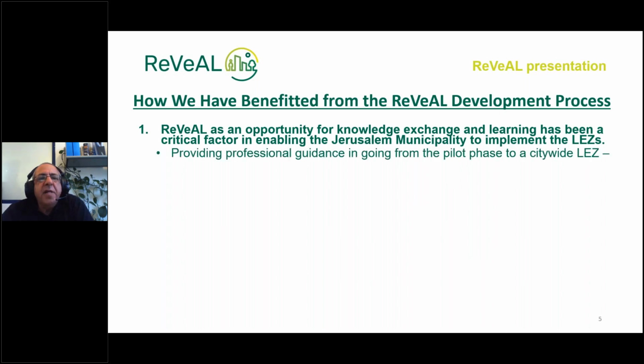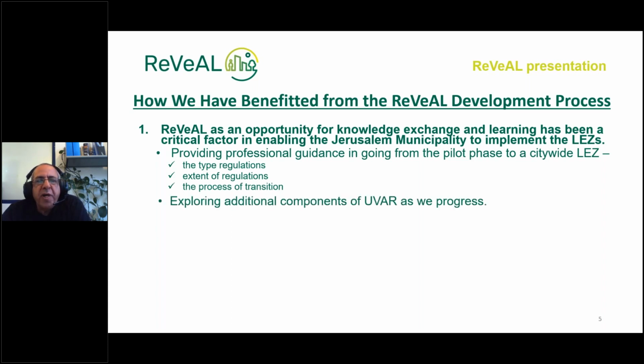By providing professional guidance in going from the pilot phase to the citywide LEZ, including the type of regulation, the extent of the regulation, the process of transition,